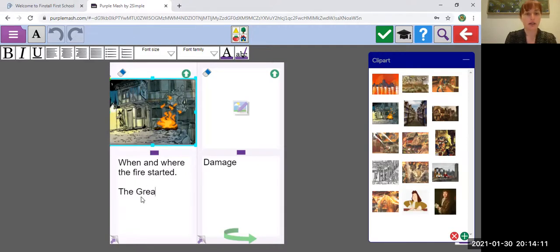The Great Fire, I'm going to give it its full name. Now, the important thing to remember, don't just copy off your sheet from yesterday. It's very tempting. Try and add a bit more information, better language, use of conjunctions, okay? Try and add all that in to make this a better piece of writing, okay? So the Great Fire of London started. Now, I didn't write it down yesterday because I didn't have enough room in my box, but I know it started early in the morning. So there's a bit of extra information I can put in. The Great Fire of London started early in the morning on the 2nd of